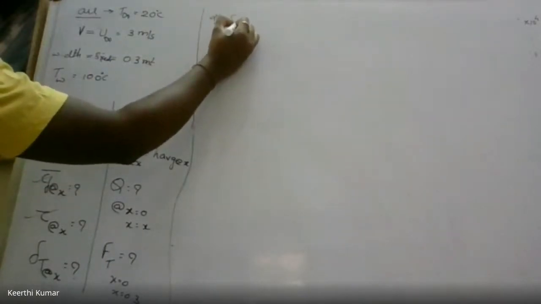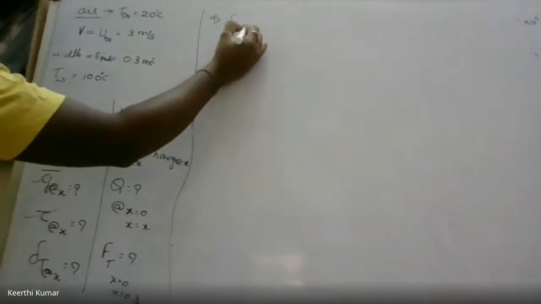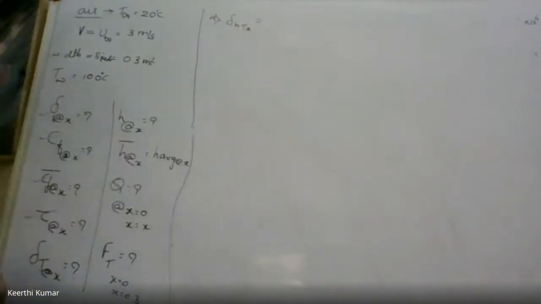Delta HTx. T, if I write, that is nothing but with respect to the thermal boundary layer. That formula is there in the data handbook. Please open the data handbook. With that notation only, it is already there. You open that and tell me. I'll not project the data handbook. You have to download the data handbook from the classroom. If I project, I think there is some problem.